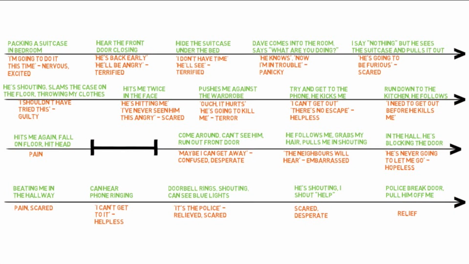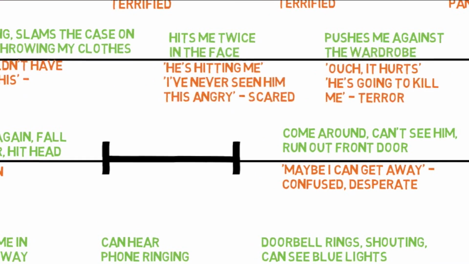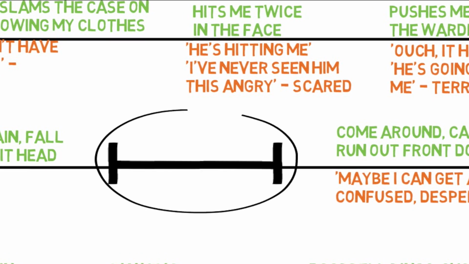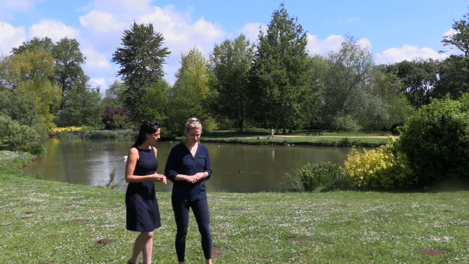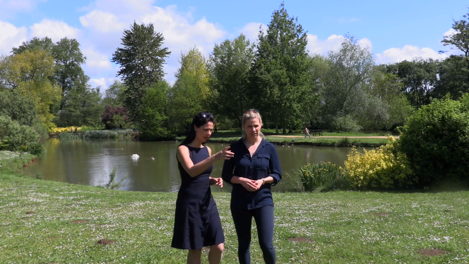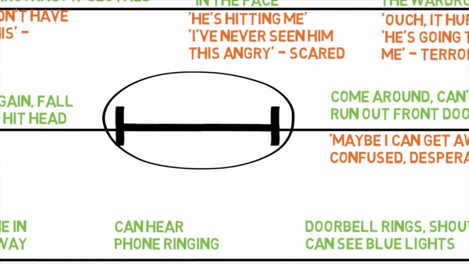Gaps in memory, for example those caused by dissociation, loss of consciousness, alcohol or drugs, can be marked on the timeline. In some cases, memories are retrieved from these initial gaps when the memory is accessed in imagination, or following a return to the scene of the trauma. In other cases, the full extent of the memory cannot be retrieved, but it may be possible to agree what was most likely to have taken place during the memory gap, using information from other sources, such as witnesses, police,